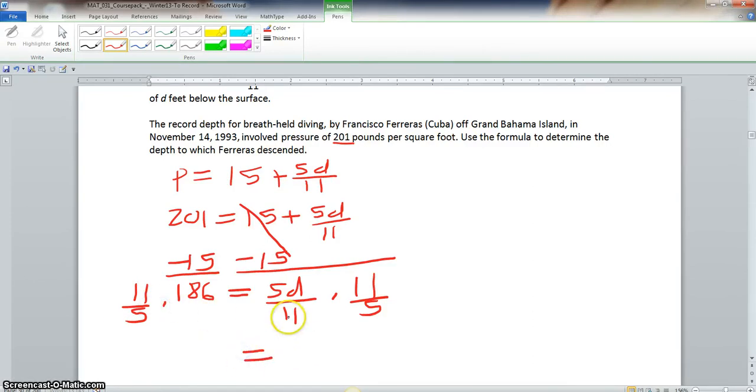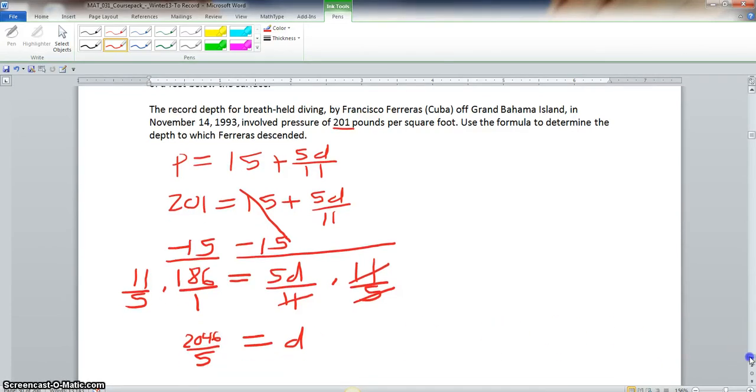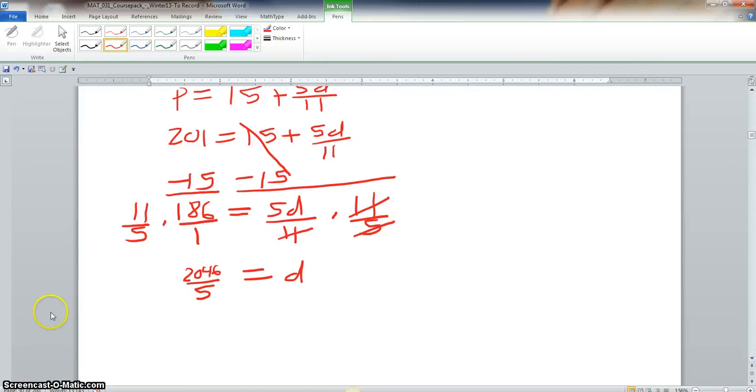Now, this is what happens on the right side. The 11s simplify out, and the 5s simplify out. And we're left with D. Now we would take 11 over 5 times 186 over 1. And we know our denominator would be 5, and our numerator would be 2046. So now we take 2046 and we divide that by 5, and we would end up with 409.2 feet